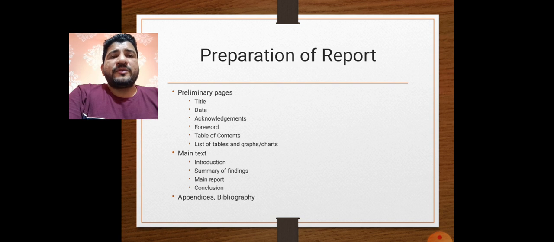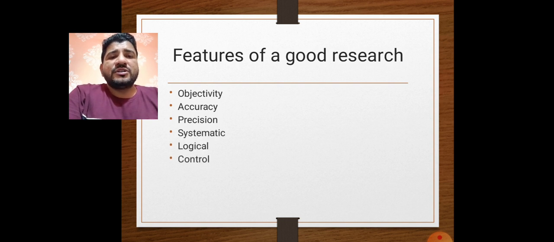Preparation of reports: preliminary pages, main text, and appendices followed by bibliography. Preliminary pages: title, date, acknowledgement, foreword, table of contents, list of tables and graphs or charts. Main text: introduction, summary of findings, main report, conclusion. And bibliography. Features of good research: objectivity, accuracy, precision, systematic, logical, control,